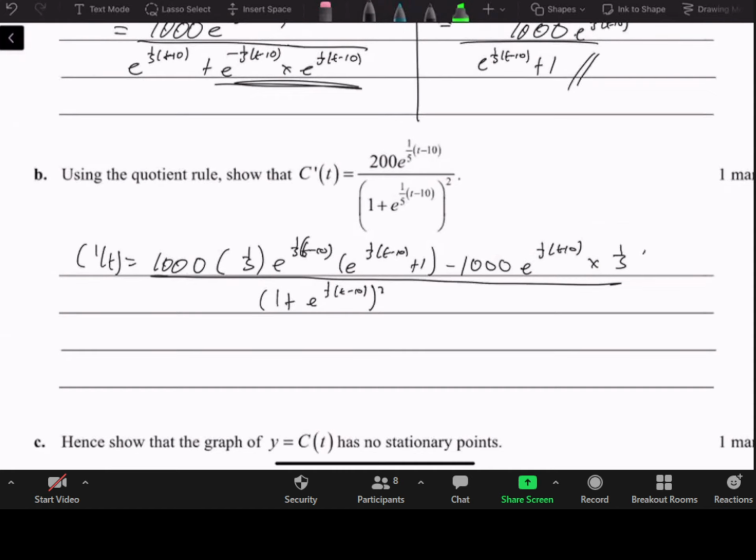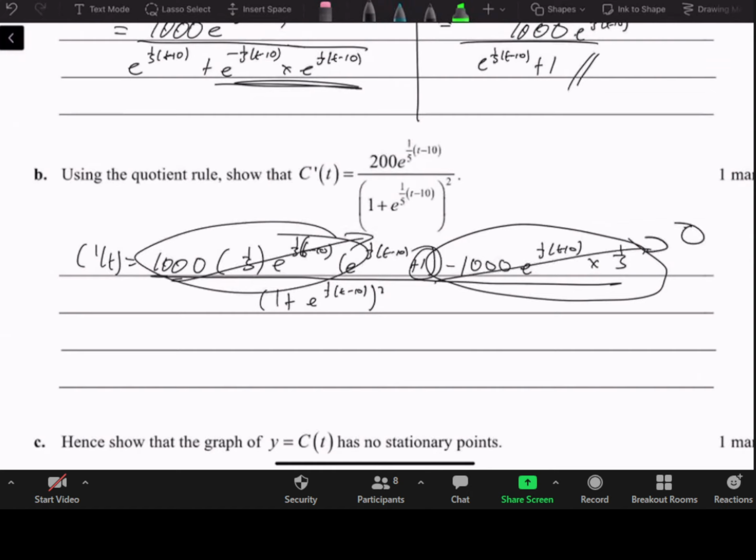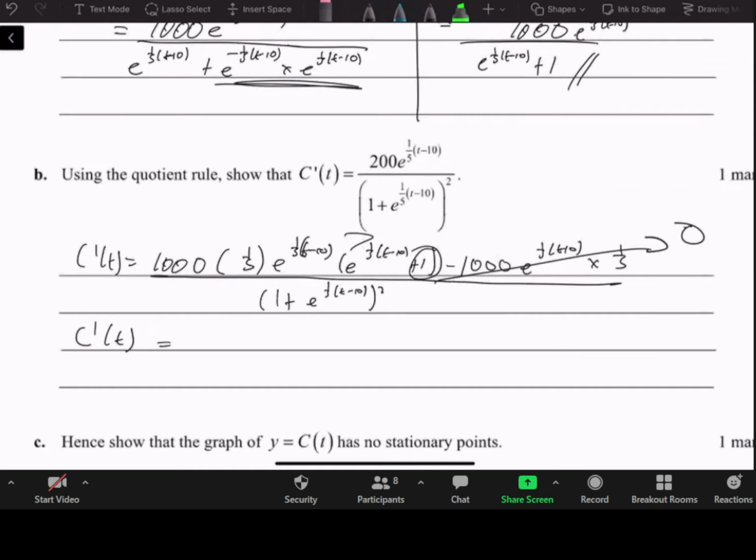With this, you can kind of see that you have the same thing here. And if you expand it, you would have the same thing with this one term and this multiplication. So if you add those two, you would actually get 0. So that's why this simplifies to, okay, maybe I'll just actually expand it so you can see what's happening. So this is going to be 200 e^(1/5 t - 10). But you would times it by the same thing. So it becomes squared plus